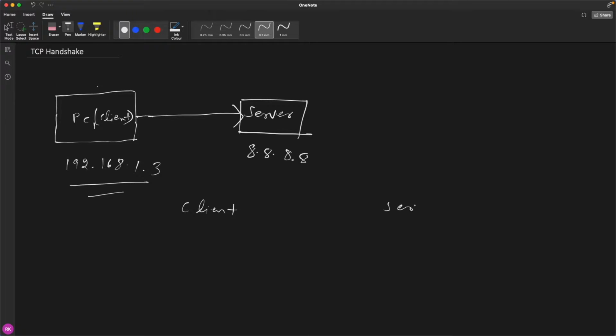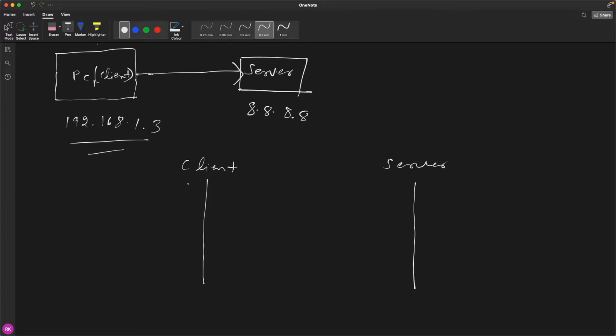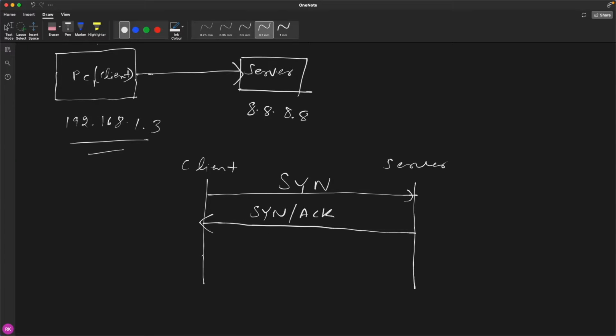We have the client and server, and initially the client will send a SYN packet. The first packet in the TCP handshake is a SYN. SYN is short for synchronize. What it actually sends in the SYN, we will talk about shortly. After the SYN, the server has to respond with a SYN-ACK, and then eventually the client will send an ACK acknowledging. So SYN is the first packet, then the server responds with SYN and ACK,